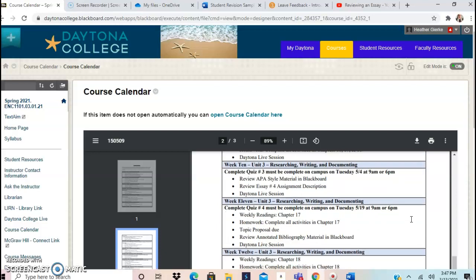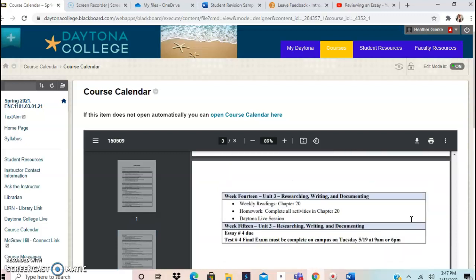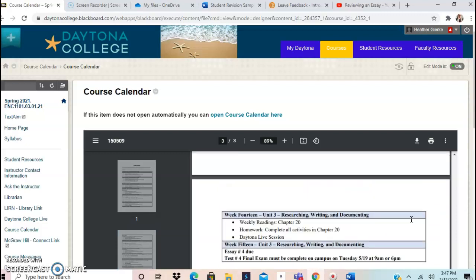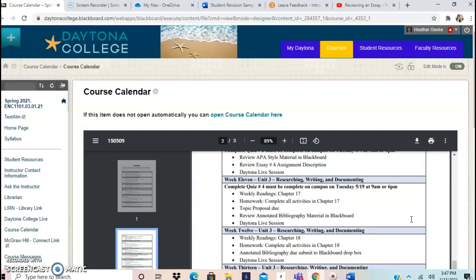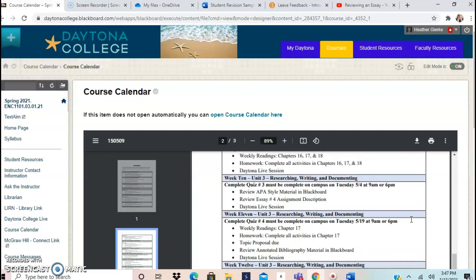Take a look at this updated calendar and review it so that you know which days you have to come onto campus and which days the essays are due. Everything has just been shifted. It gives you a little bit of extra time, but also requires you to come onto campus on those Tuesdays that you have tests or quizzes.